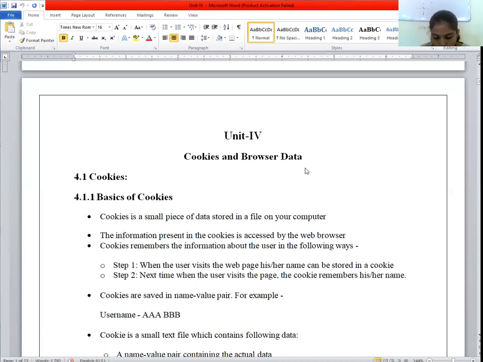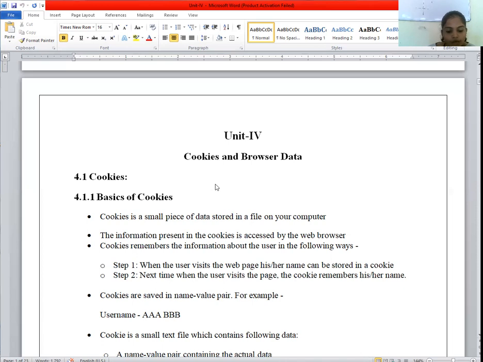In the cookies there are some fields available for that. I already explained what cookies are. HTTP is a stateless protocol, that's why we need cookies, correct?